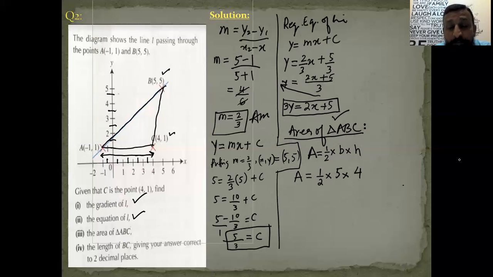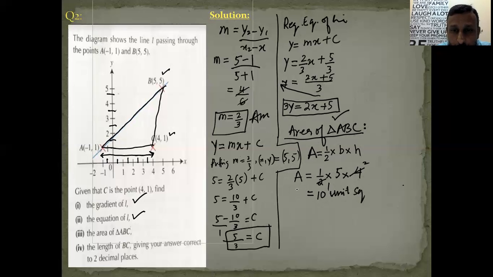What I did, I applied the formula half base height. Then I counted the base units and I found that there are 5 units in the base. Then I counted the vertical y-axis units and I found that there are 4 units. I can simplify it. 2 ones are 2, 2 twos are 4, finally, 5 twos are 10. 10 units